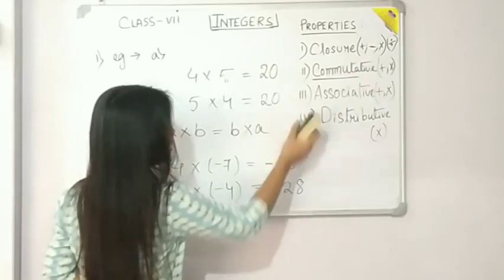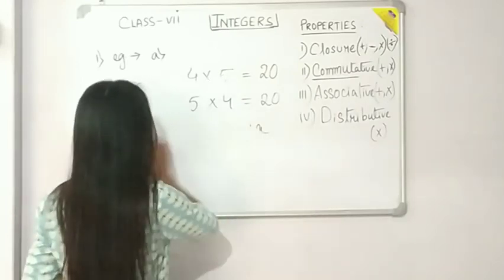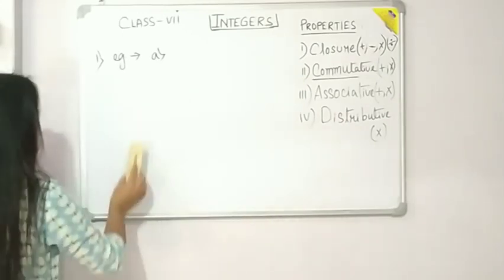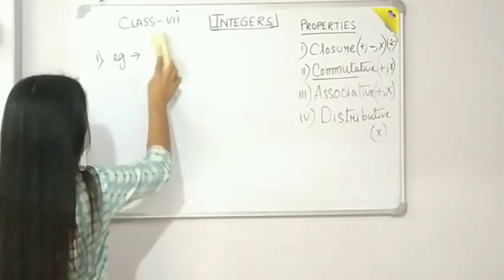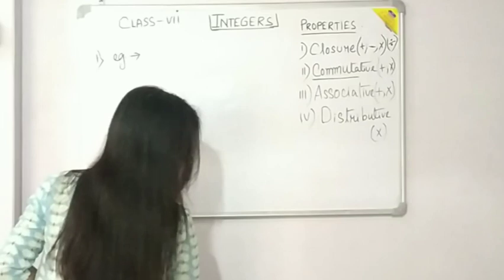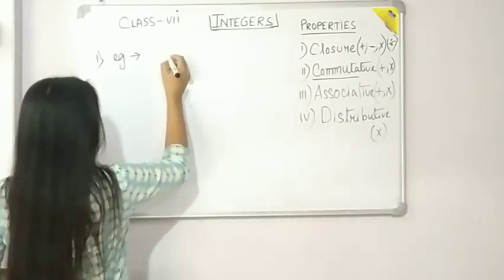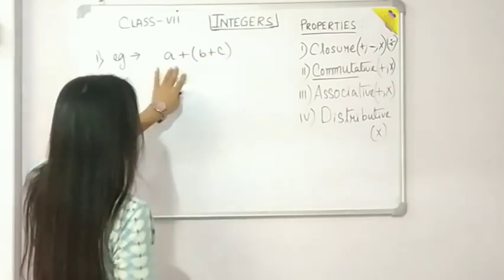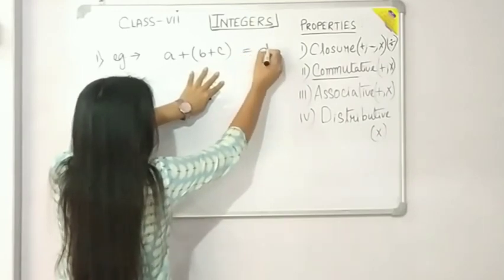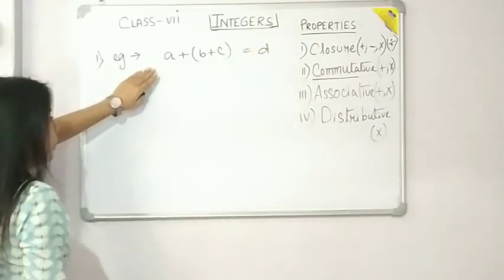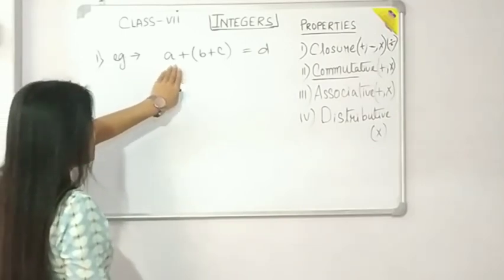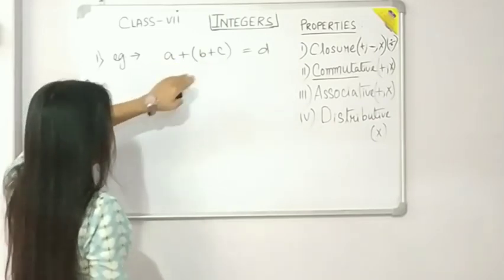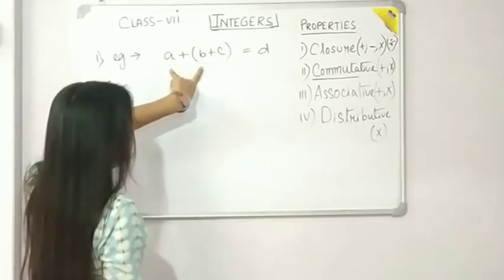Next is what? Next is associative property. So what is associative property? According to associative property, 3 or more numbers can be added in any order. In any order. Let us see. So the order is a plus b plus c. If we do the addition in this way, whatever answer will come will be an integer, and according to associative property, it is said that if we have 3, either 3 or more than 3 numbers, then we can add the numbers in any order.